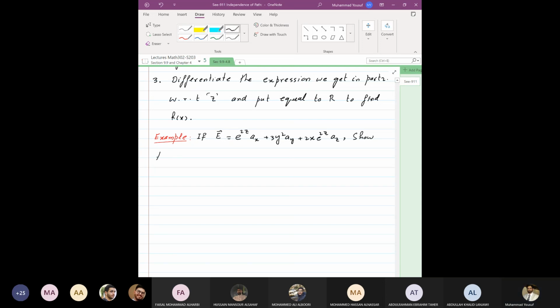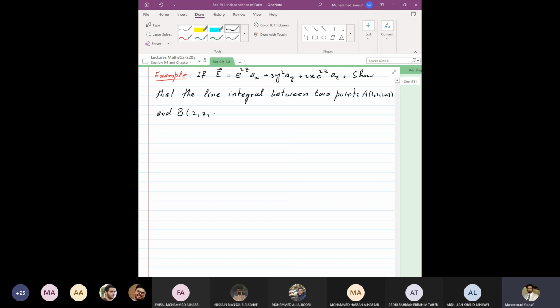Show that the line integral, that is, the integral of E dot dl, between 2 points, A (1, 1, log 3) and B, let's say, (2, 2, log 3), in a simply connected region